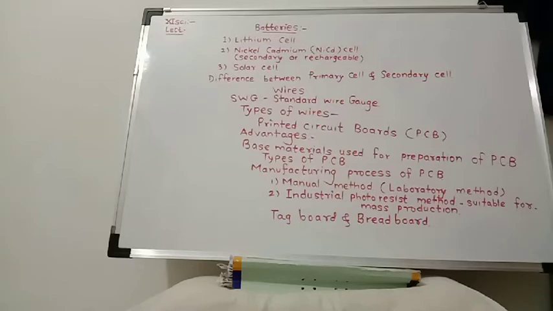Then the disadvantages: more cost. Then the potential difference available is 1.25 volt only, compared with 2 volt for a lead acid cell. For a lead acid cell, the EMF of each cell is 2 volt, but for nickel cadmium cell it is only 1.25 volt. Okay. Then solar cell.